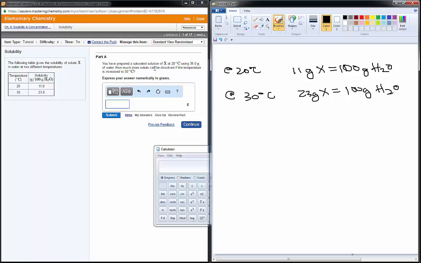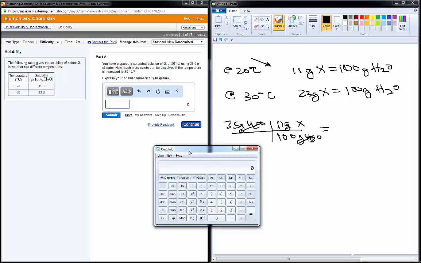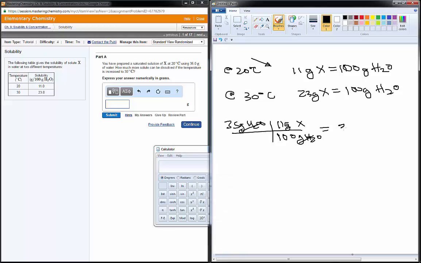Okay, interesting. And here now we've got a saturated solution of X at 20 degrees Celsius, so under these conditions, and I'm only using 35 grams of water. No big deal. 35 grams of water. Dimensional analysis tells me that every 100 grams of water can contain up to 11 grams of X. If I just use dimensional analysis, I can calculate the number of grams of X that can be dissolved in only 35 grams of water. So 35 times 11 divided by 100 gives me 3.85 grams of X